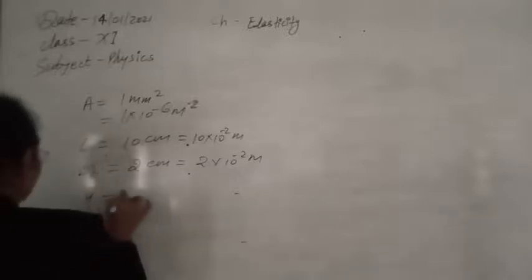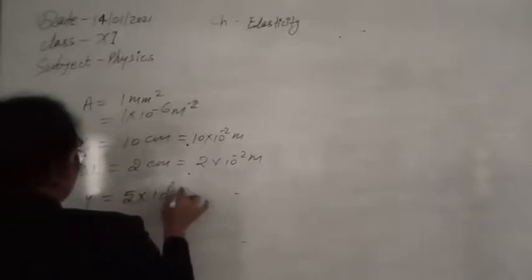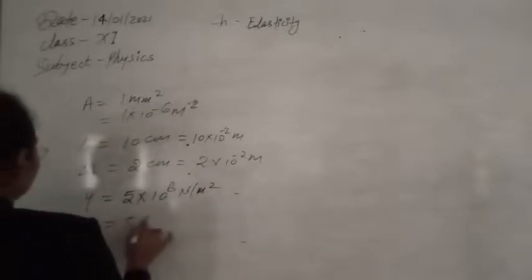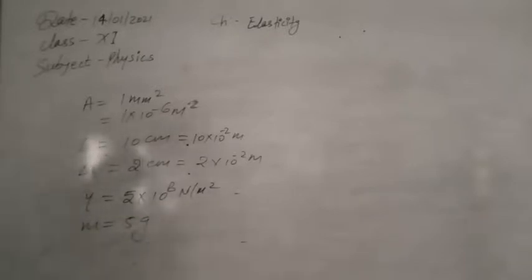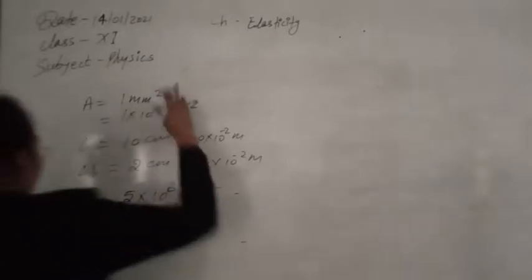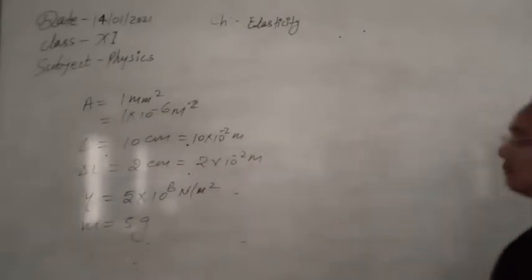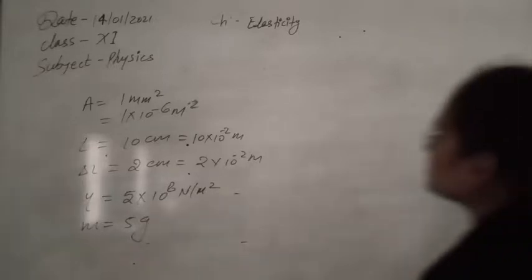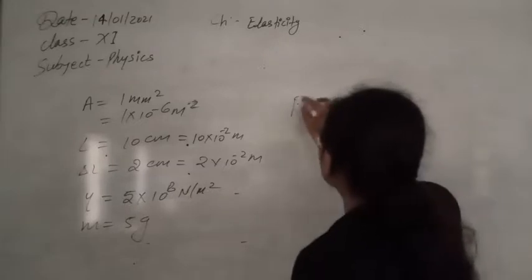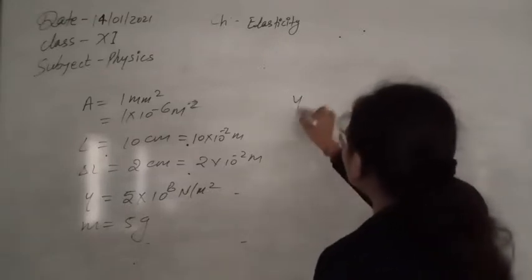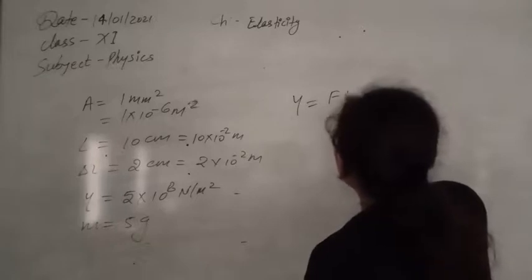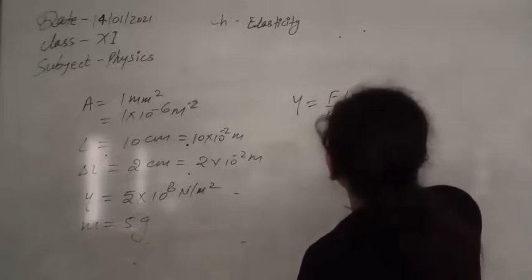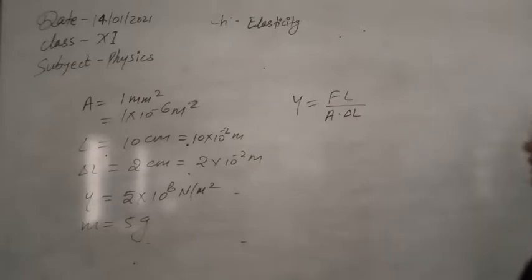Young's modulus here is 5 into 10 to the power 8 Newton per meter square, and the mass of the missile that is projected is also given, that is 5 gram. Now let's use this information first to find the tension, because only by the tension can we extend the wire. For that extension, the tension works like the deforming force. As we know, Young's modulus is given by force per unit area upon delta L by L. So you can find this formula.